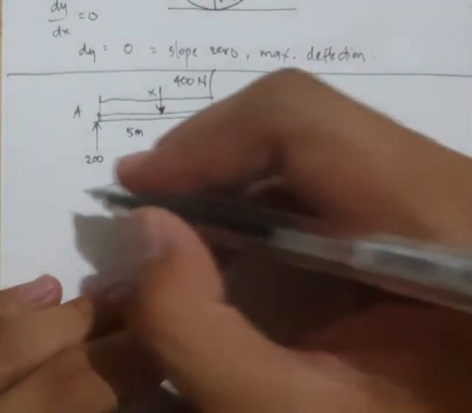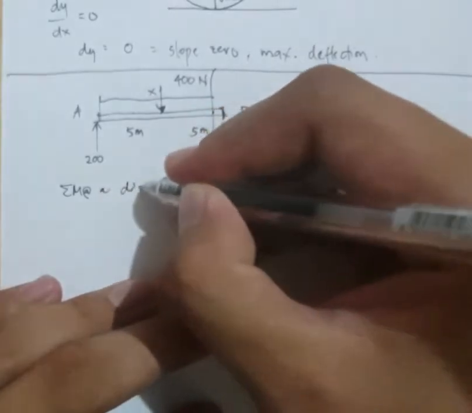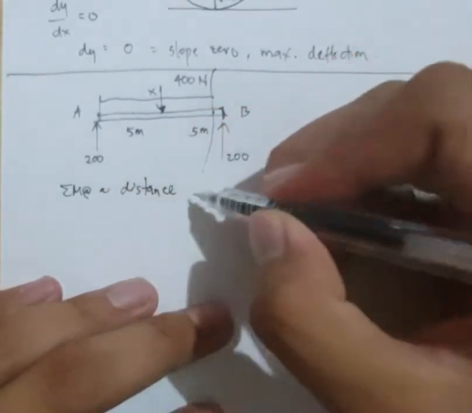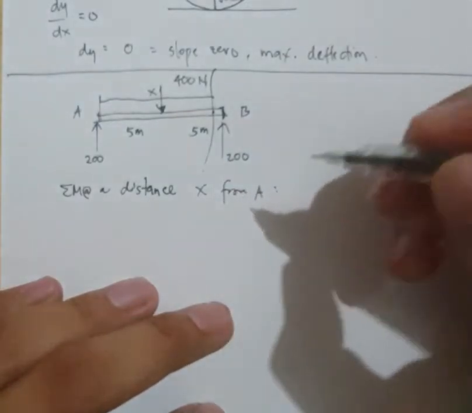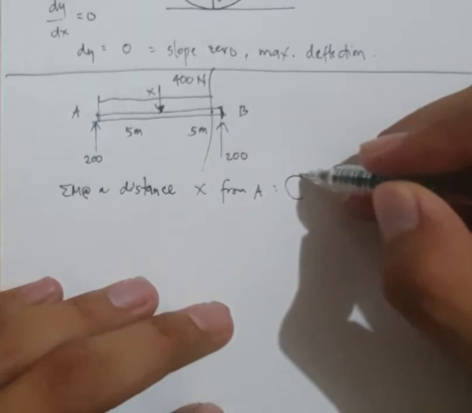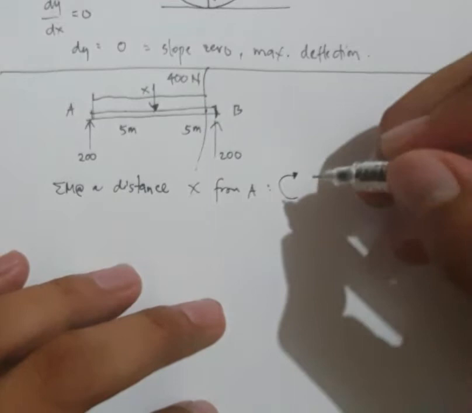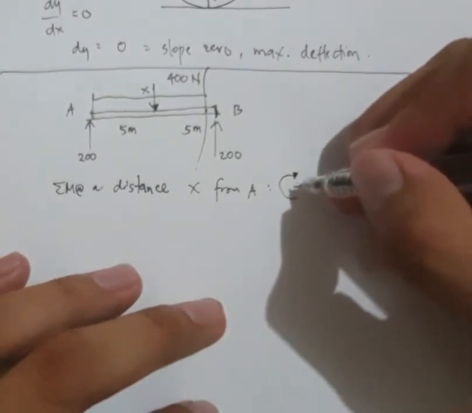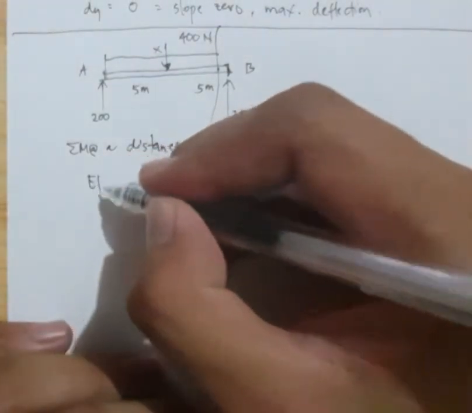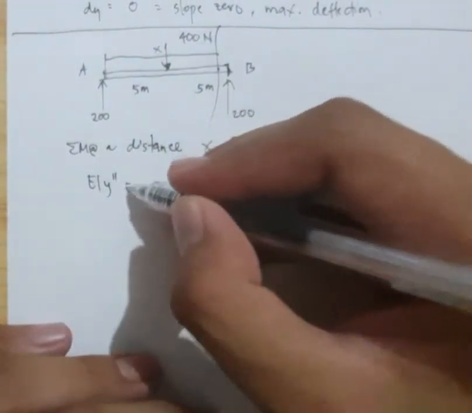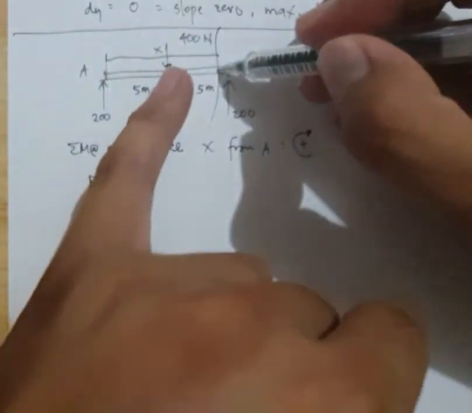So that is the summation of moment at a distance x from A, in which the consideration for double integration is that clockwise rotation is positive. So let's start. EI y double prime, which is the equation of the moment, is 200 times x,